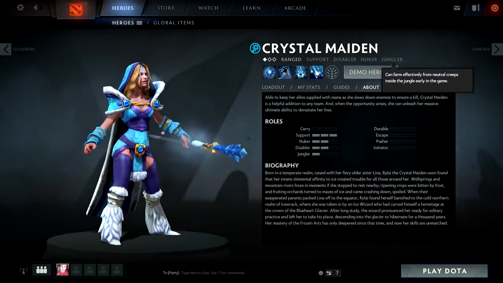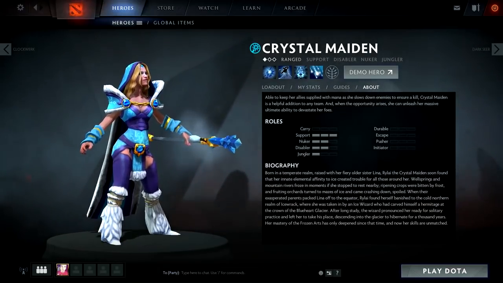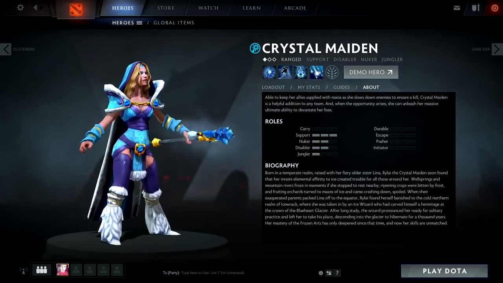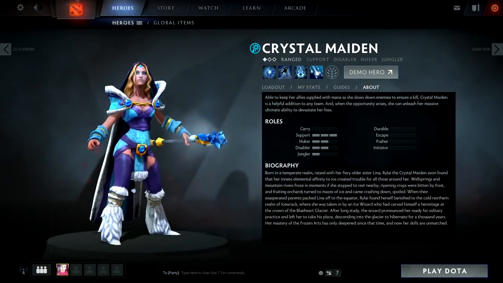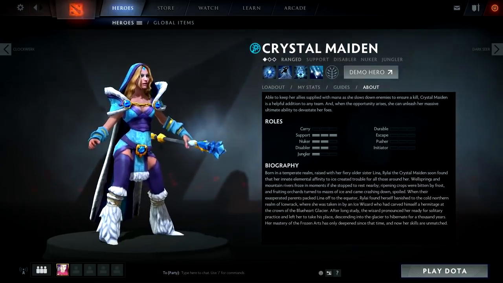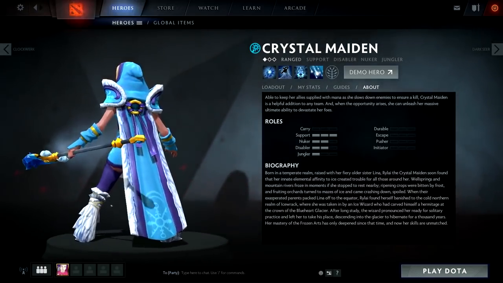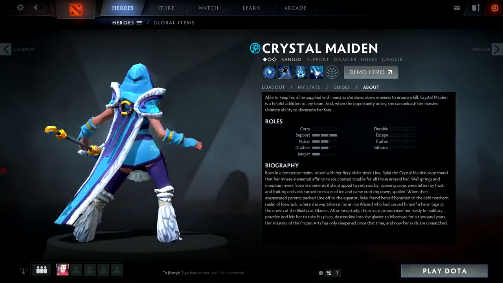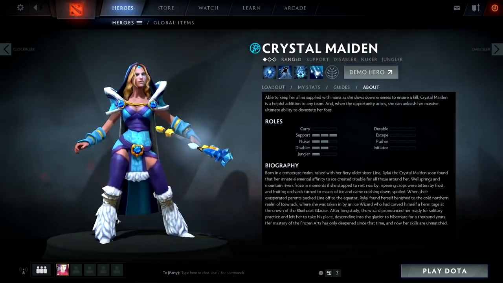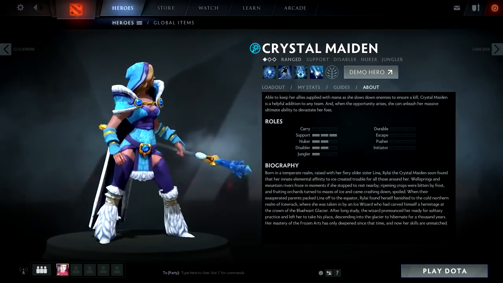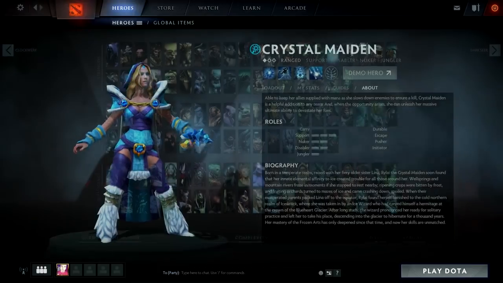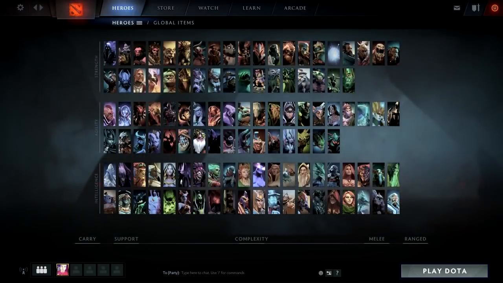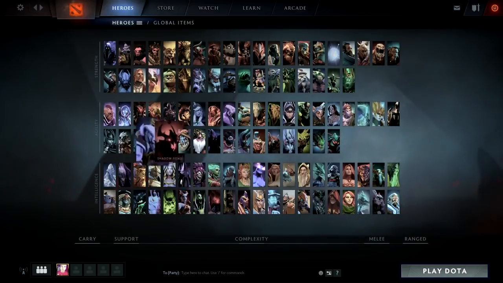in the game. Now if you look at the roles here, it's only like a level 1, a 1 bar jungler. Most people do not tend to join the jungle with Crystal Maiden. She's not really that good of a jungler hero, but I guess it's Dota, anything's possible, and there are endless possibilities. You can come up with crazy items for heroes, and they might actually work. So it's all about experimenting and learning what works best for you. My personal opinion, I would not jungle with Crystal Maiden, but